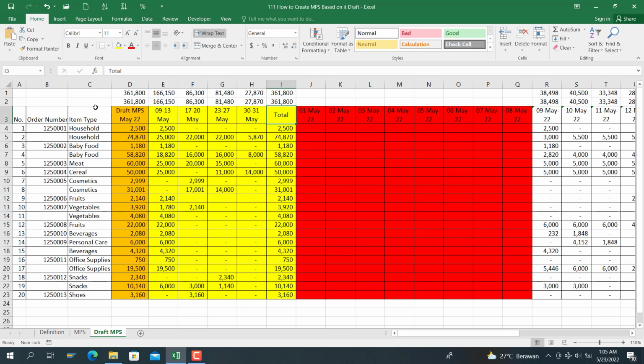You can see for draft MPS here we have certain item types that have no order number. It means data is still on forecast. Household has no order number. Baby food has no order number, but it has a quantity here. And the total draft MPS is